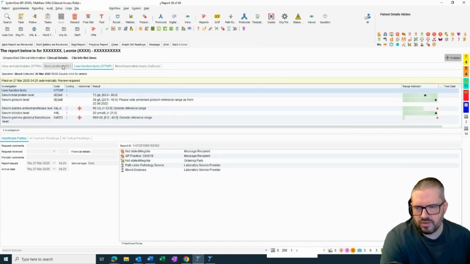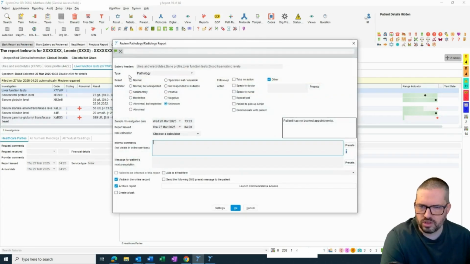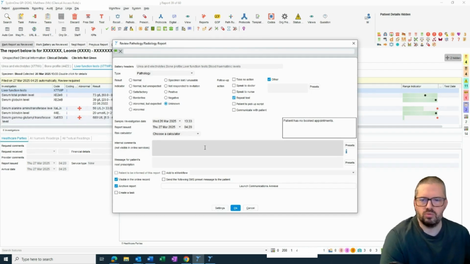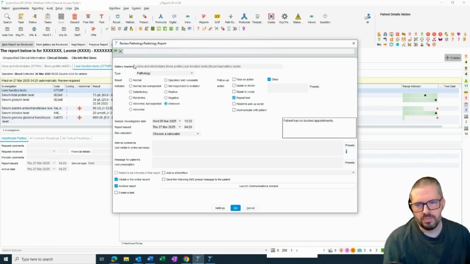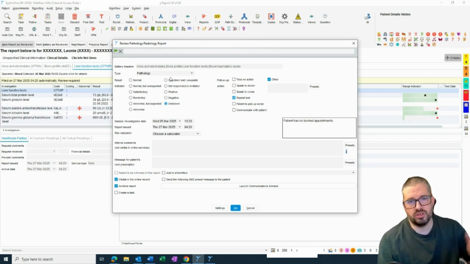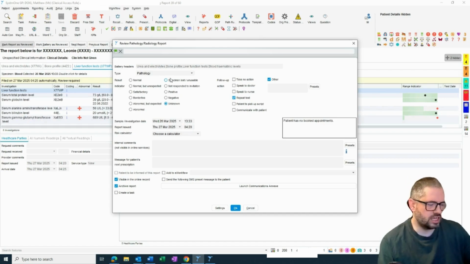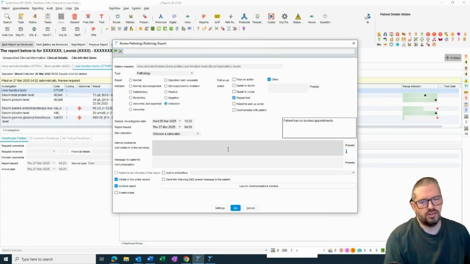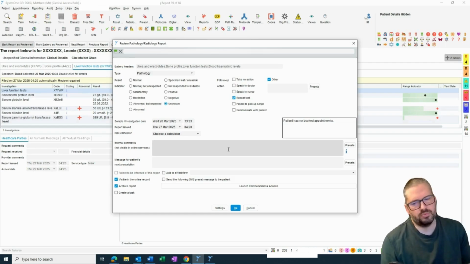Now it might be that once I've reviewed them, I think I want to repeat them, or some of them. So if I mark the report as reviewed, up till now at least at the Welby Group, we would click repeat test. You might then put some notes in about which ones need repeating or timeframes and things like that. That causes a lot of extra work downstream though, because someone then needs to look at that, identify the correct ones, identify the timeframes, and add them to the request test template, make sure they're brought in, and so on